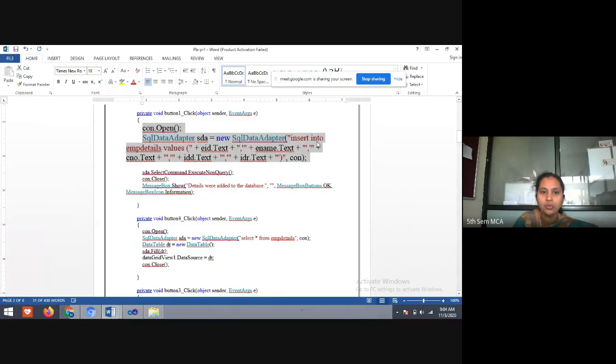Insert into the table name. The table name is employee details, and then values. Values is a keyword. Insert into and values are keywords. Only the table name we are changing here. The table name which I have given is employee details. Coming to this, students, whatever the values,